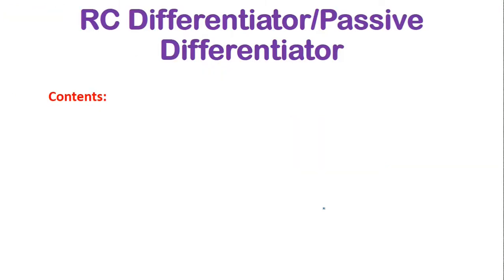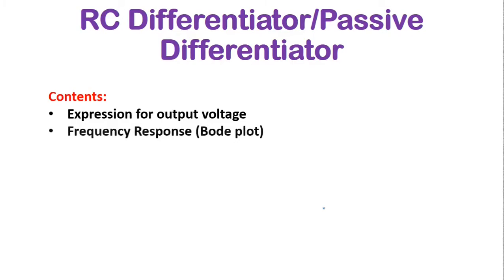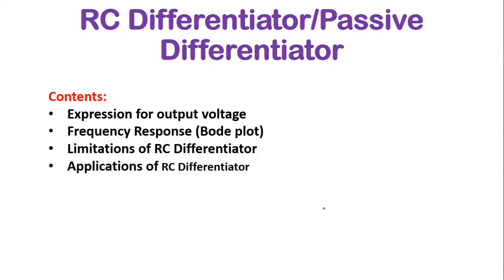Let us quickly see the contents which we are going to discuss in this lecture. First one is expression for output voltage, second is frequency response. In this we are going to discuss the Bode plot, then limitations of RC differentiator, and last is applications of